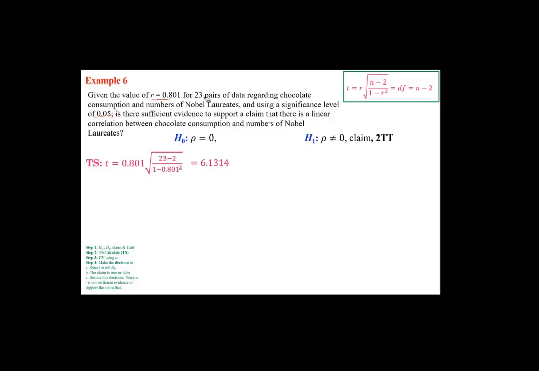Alpha of 0.05, degrees of freedom of n minus 2, or 23 minus 2. And we use the table. We end up with plus/minus 2.080. And that's as far as the T distribution goes. If we go with the Pearson table, Pearson coefficient, the test statistic is given to us: 0.801. As far as the critical value is concerned,